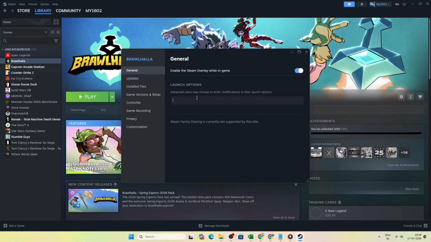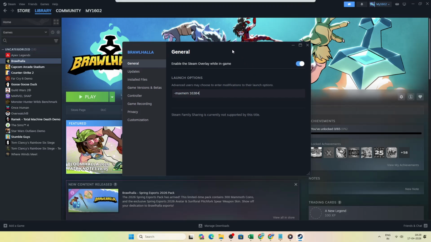In that box, type either -maxmem 8192 for 8 GB or -maxmem 16384 for 16 GB. These numbers are in megabytes, so 8192 equals 8 GB and 16384 equals 16 GB. This flag suggests an upper RAM limit to some game engines, encouraging them to allocate more